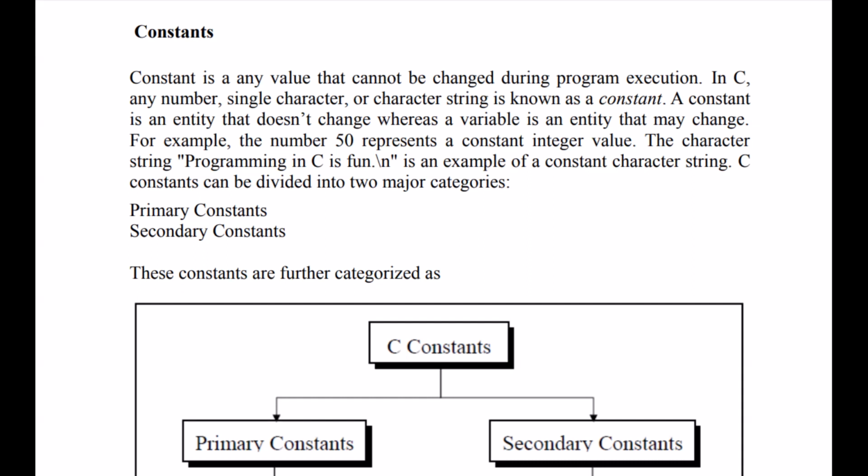So in the next lecture we are going to see what constants are and